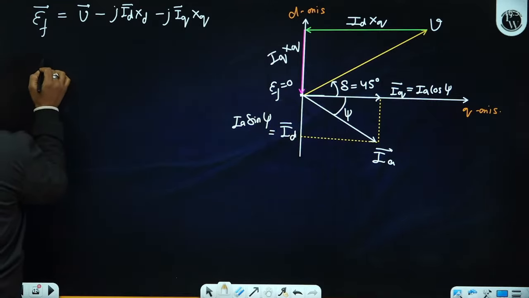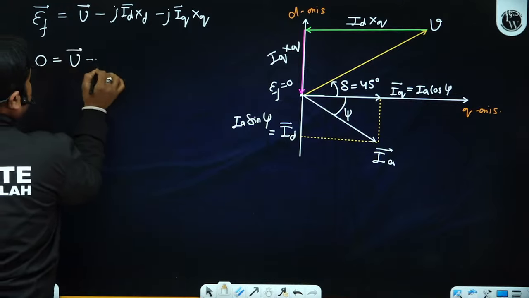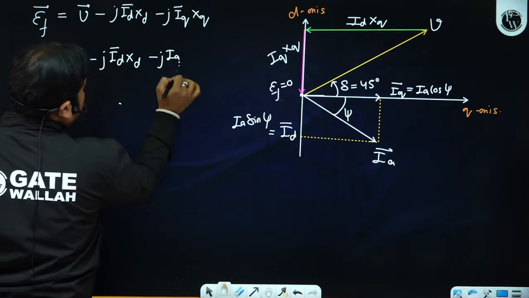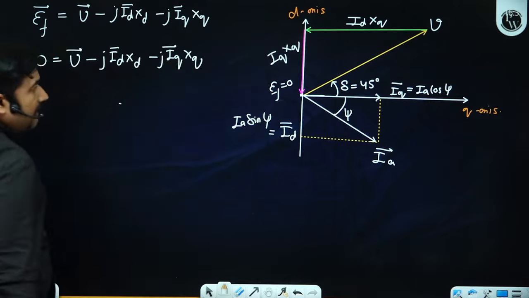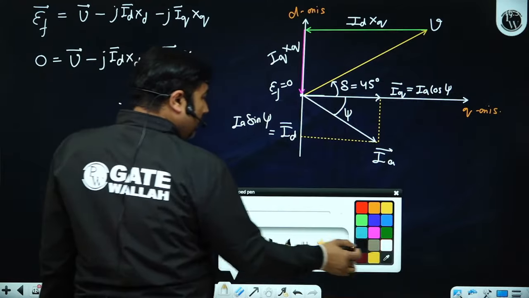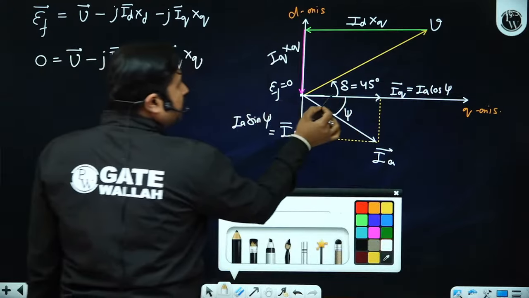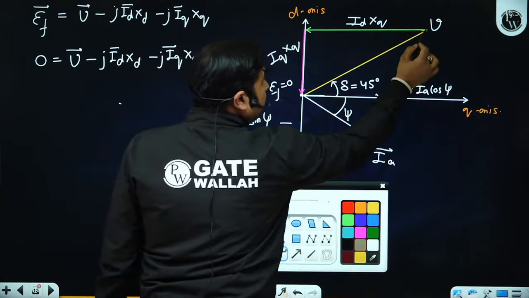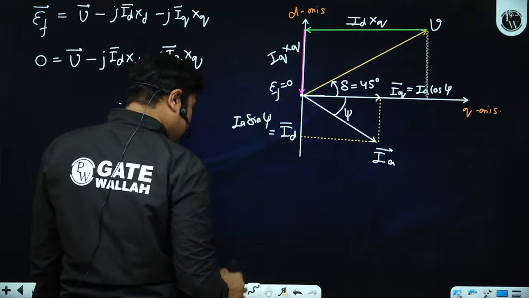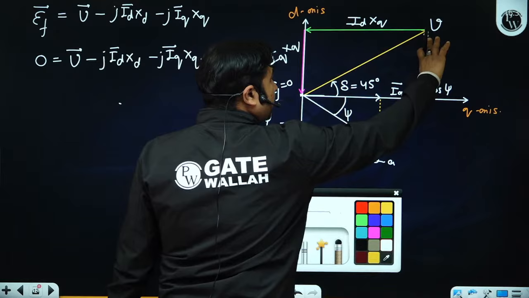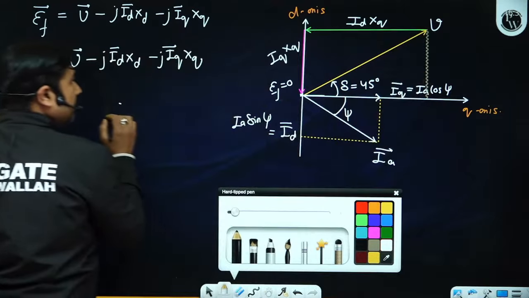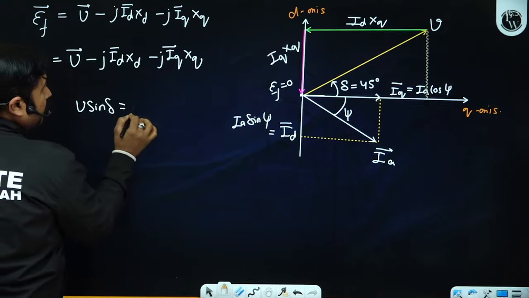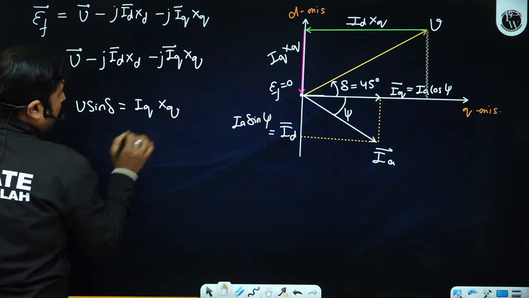When EF is 0, V phasor minus j ID XD phasor minus j IQ XQ phasor will become 0 only. Yes, sir. Now, from the figure, it can be clearly observed that if this angle is delta, and one considers this right angle triangle, then in this right angle triangle, the perpendicular will be V sin delta and the base V cos delta. So V sin delta will be equal to IQ XQ in magnitude,